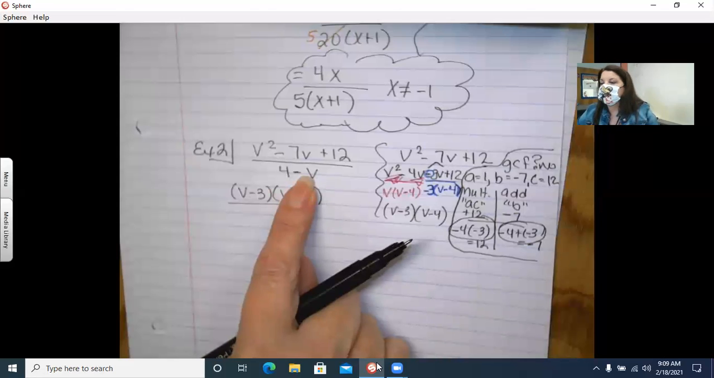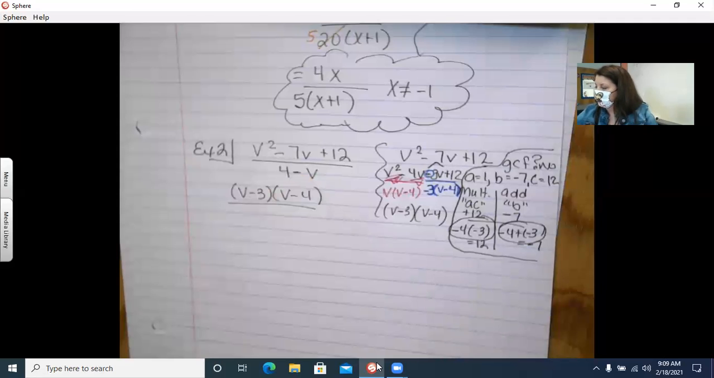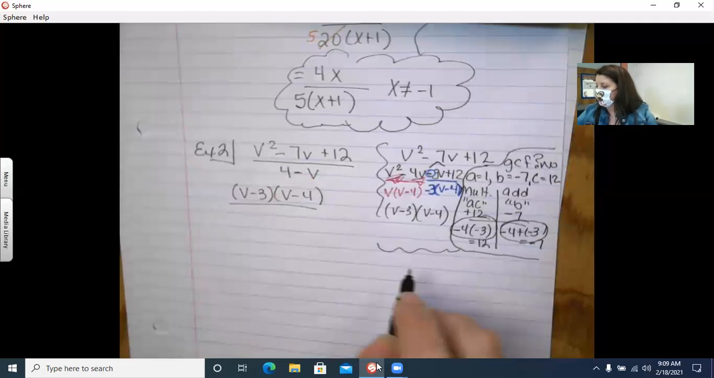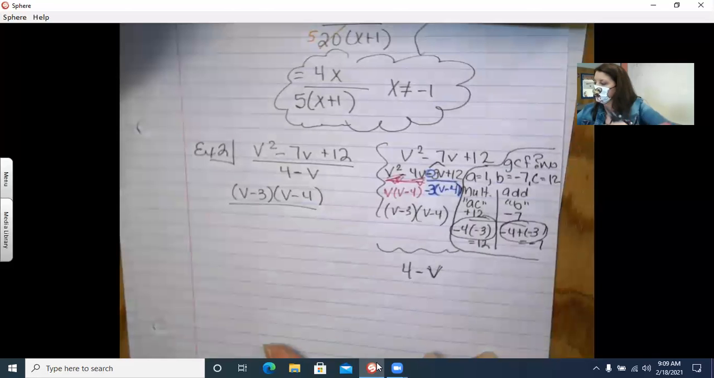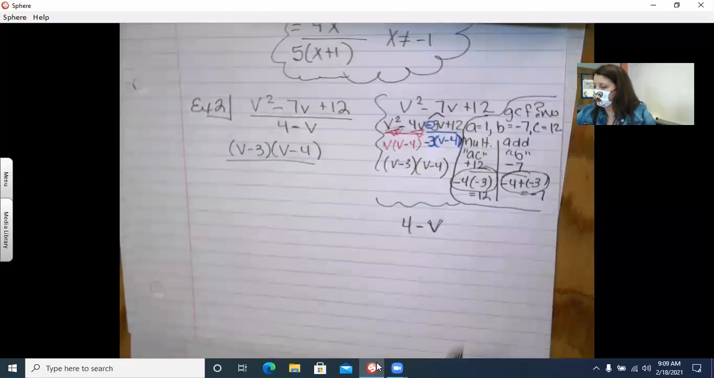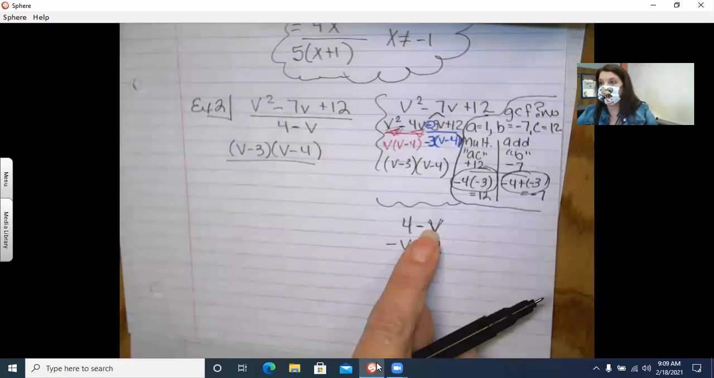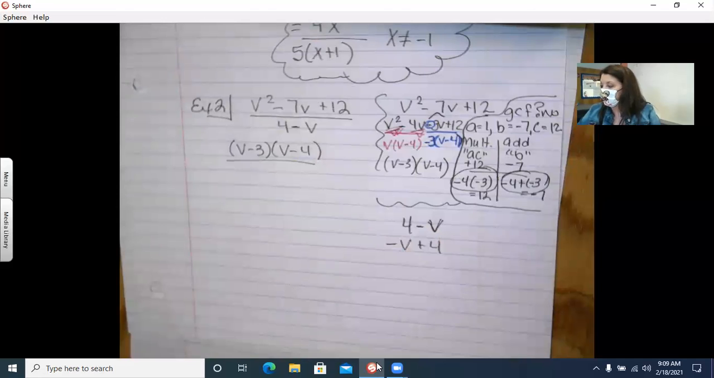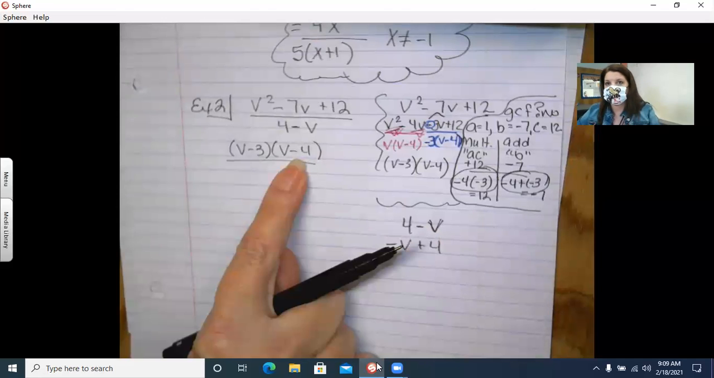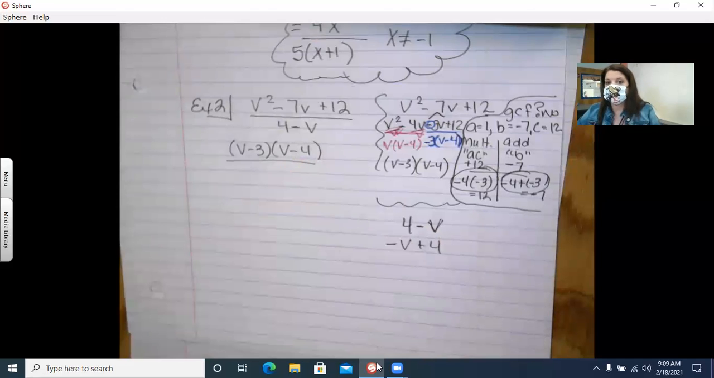But let's take this over here on the side. See if I can do some rearranging. Now, would you agree that 4 minus V is the same thing as negative V plus 4? Is that the same thing? V is still negative, 4 is still positive, right? Would this cancel out with the V minus 4 in the numerator? Are they identical? No, V is positive, V is negative. 4 is negative, 4 is positive. It would not. But what if